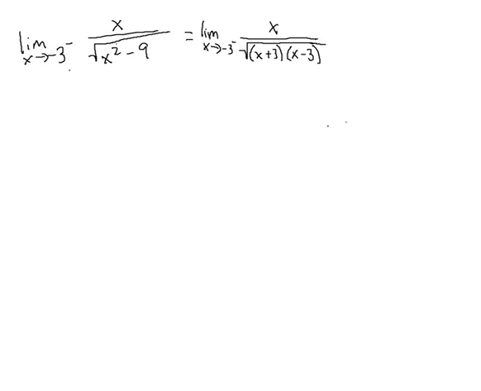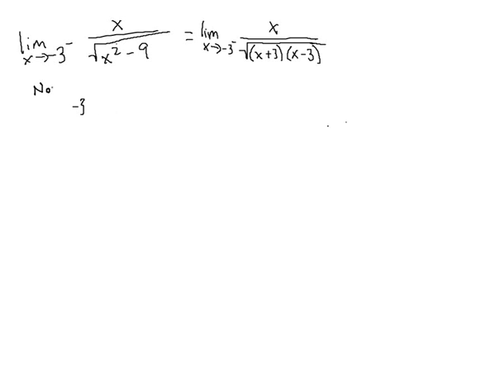Alright, so we have number 11 in section 1.4. The limit as x goes to negative 3 on the left of x over the square root of x squared minus 9. So, the first thing that we have to recognize is that the function's